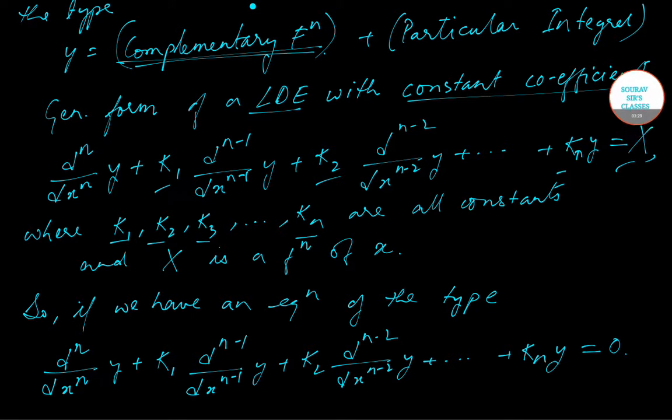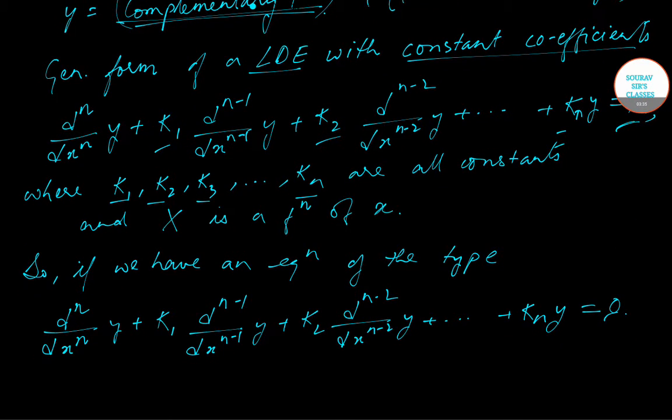So basically capital X became 0 over here, where k1, k2, k3 up till kn are all constants,